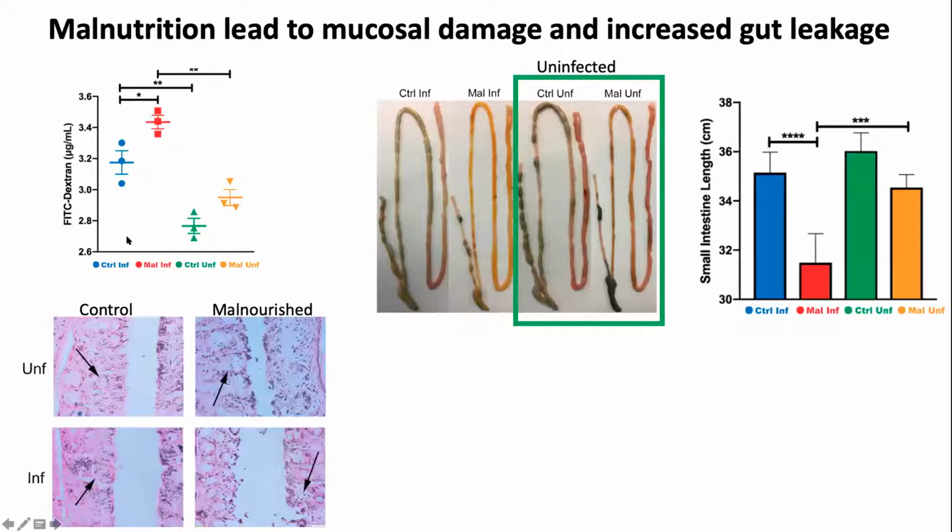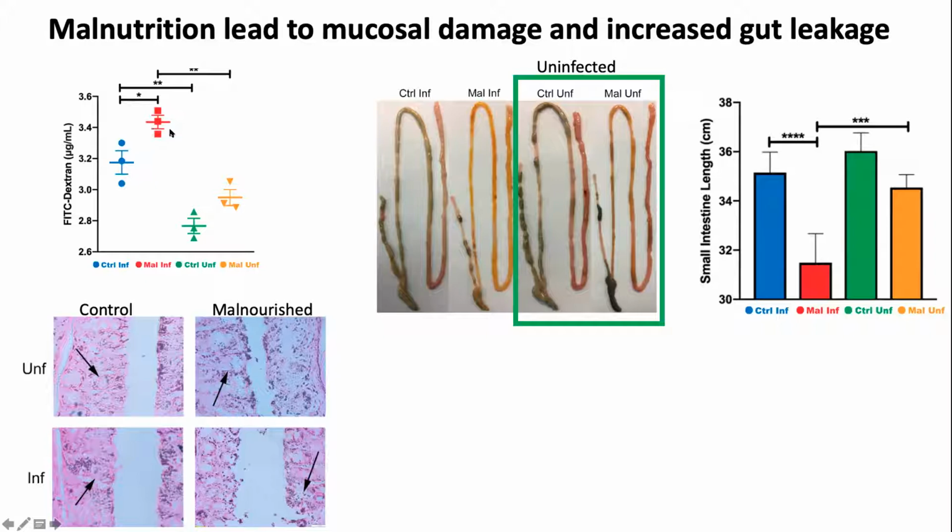What we saw is that in the blood, when we measure the dextran, looking at the uninfected mice here, the green and orange, we see that the malnourished mice that have been given dextran have an increase in dextran in the blood as opposed to the control. But when you look at the infected, the blue control mice, they also have a higher amount of dextran, suggesting that malaria infection alone induces some gut leakage. When we look at the malnourished mice, that leakage is further increased, suggesting that both malaria and malnutrition increase that